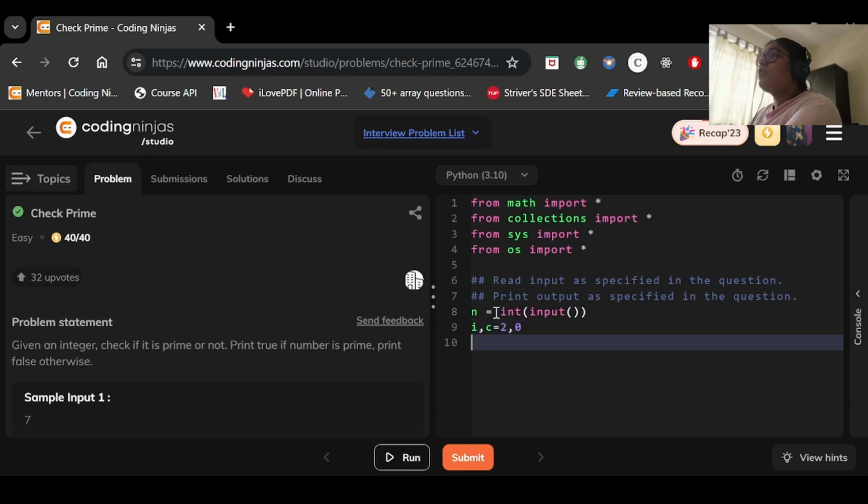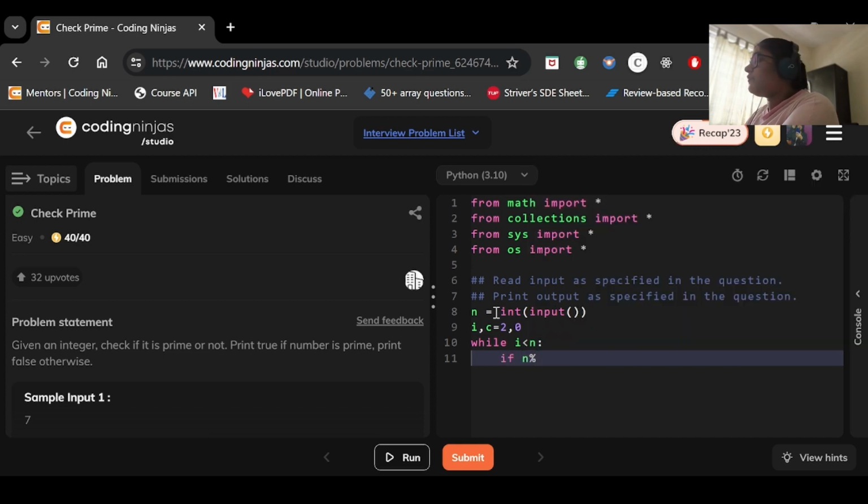So now we will check the condition i is less than n, and we will take the modulus value. If n mod i is equal to 0, then we will increment c by 1, and we need to update i every time, so i plus equals 1.